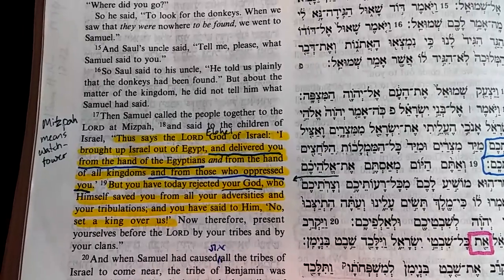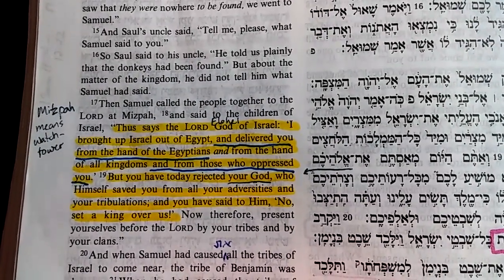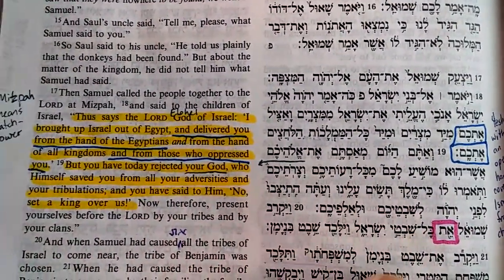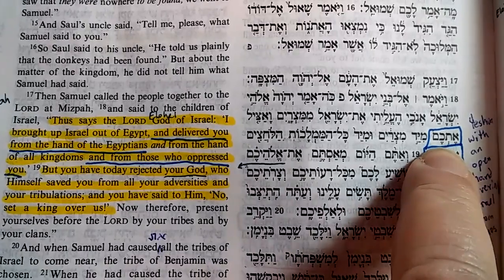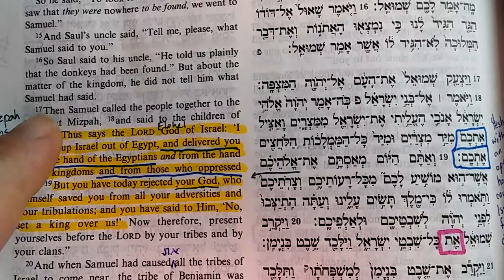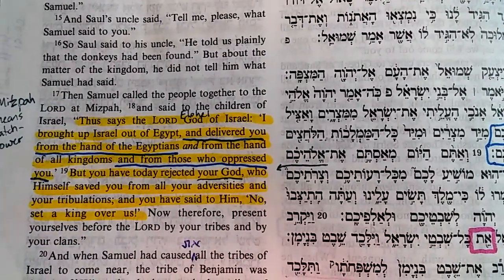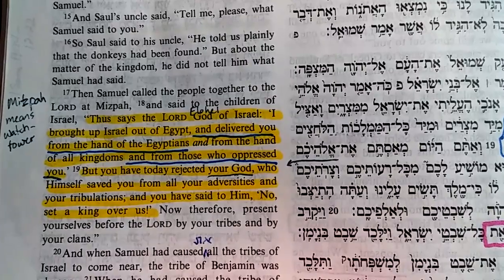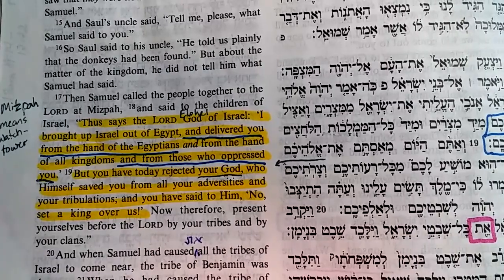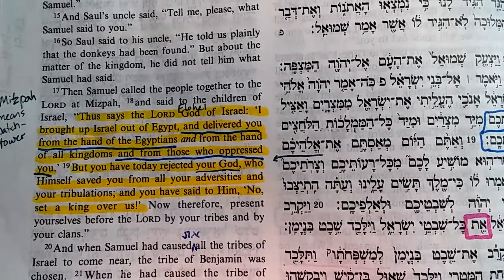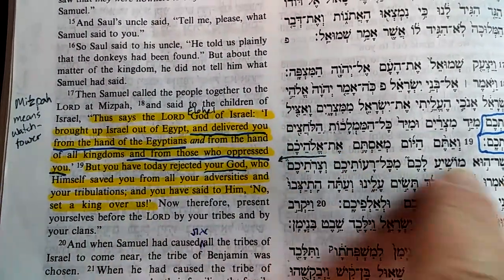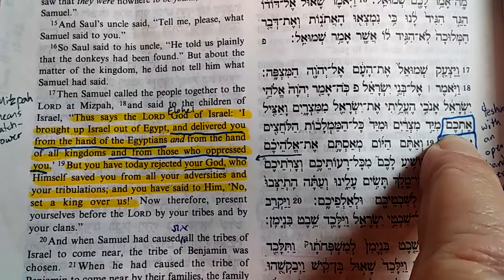All right, here we are at 1 Samuel 10, verse 18, and I'm going to begin reading at verse 17. To give it a little context, here are our two standalone Aleph, Tav, Chaf, Mems right here. But our verse reads, Then Samuel called the people together to Yahovah at Mizpah, and said to the children of Israel, Thus says Yahovah, Elohai of Israel, I brought up Israel out of Egypt, and delivered you from the hand of the Egyptians. Delivered you has the Aleph and Tav, Chaf, Mem